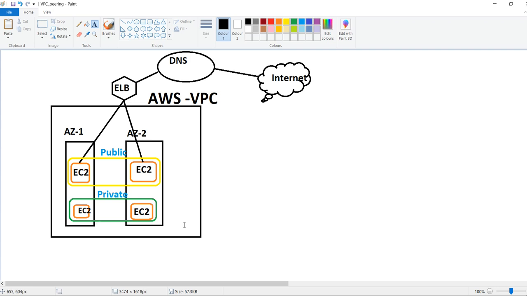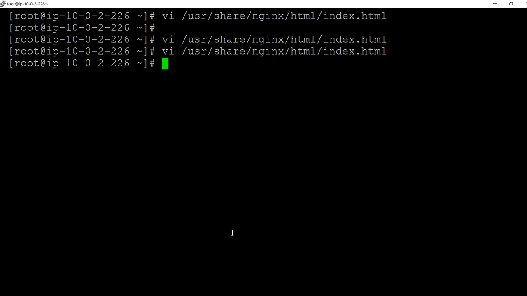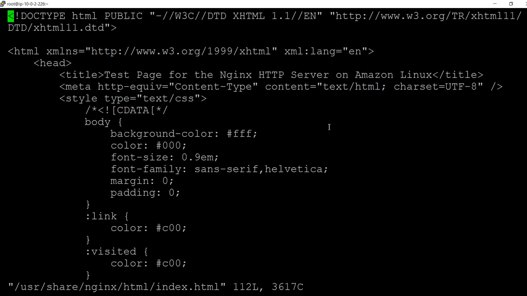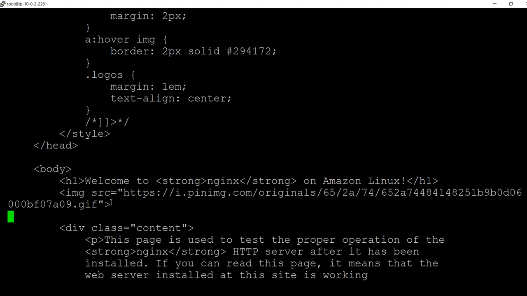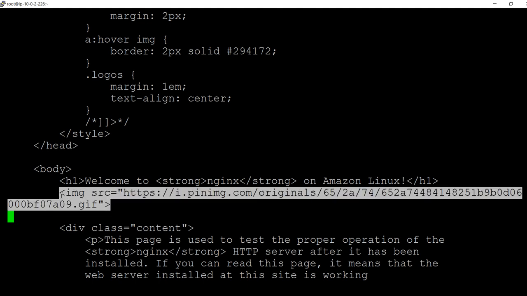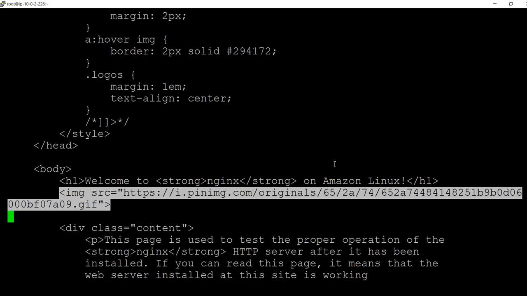So how will we test the connectivity? What we will do now is copy that HTML content somewhere in my notepad, and I'll use it for the second two servers.